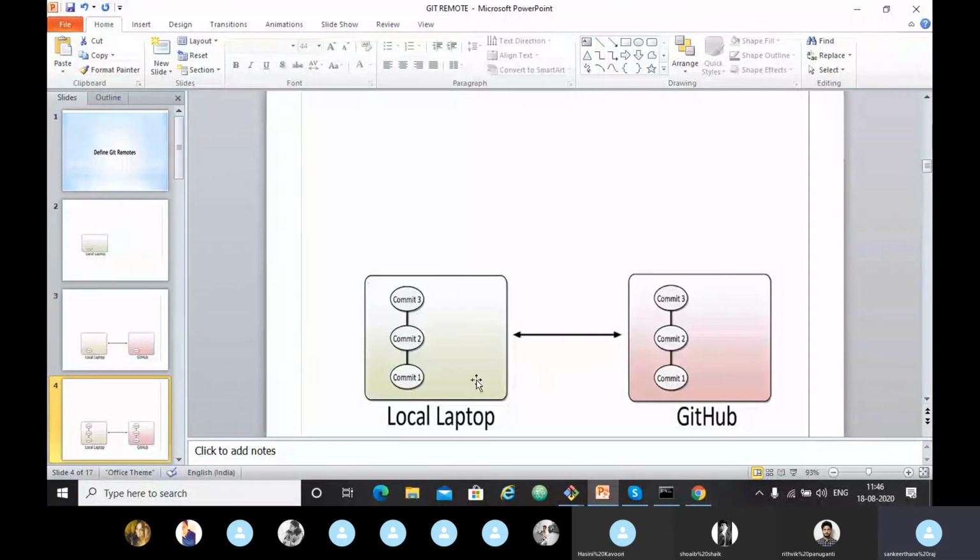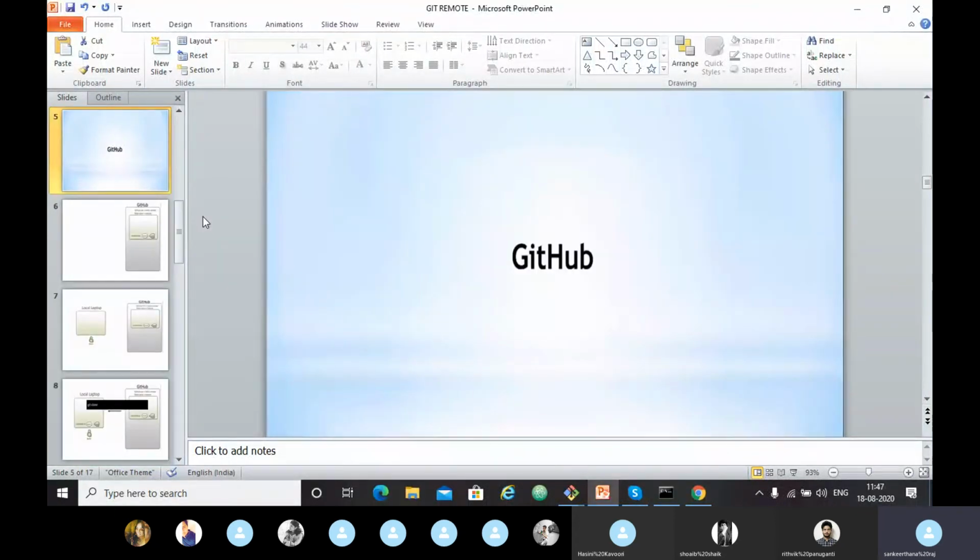From the perspective of the local laptop, this is your remote repository where you will have the same version of files. From the perspective of GitHub, you will have the same version of files here in the local laptop.